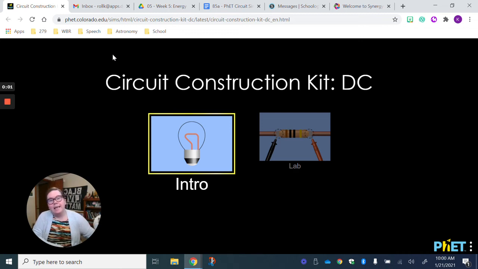Hello students! Here in this video, I am going to go through the different tools on this circuit simulation that we are going to be using for an assignment, as well as give you a couple of hints to help